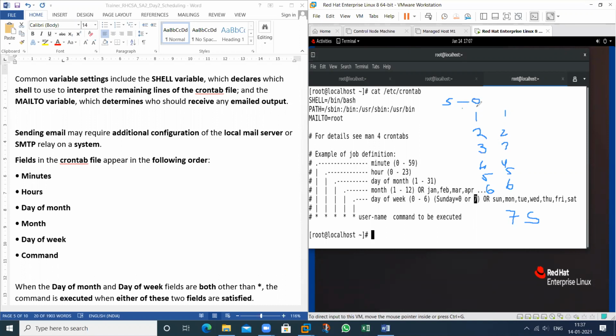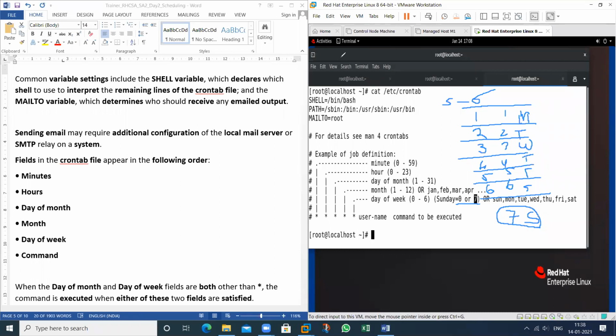So these are the same. 4 is also the same, 6 is also the same. So we can also start from 0. 0 indicates Sunday, this one indicates Monday, Tuesday, Wednesday, Thursday, Friday, Saturday. Then again Sunday. So 0 and 7 both indicate Sunday.